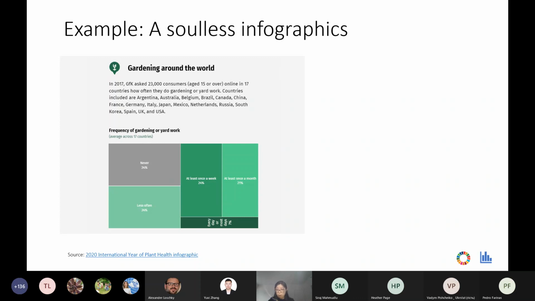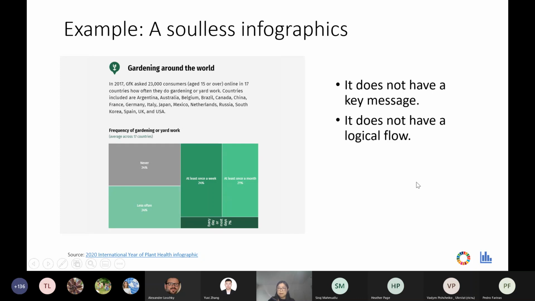Would you think about the whole package? Do you get anything out of it? So here comes my understanding of this particular infographic. It does not have a key message. That's my observation. And it does not have a logical flow, and only presents the results of the data analysis that the author or the statisticians or the data scientists have done. And also, I would say it is a collage of facts. In my opinion, it is not a data story.